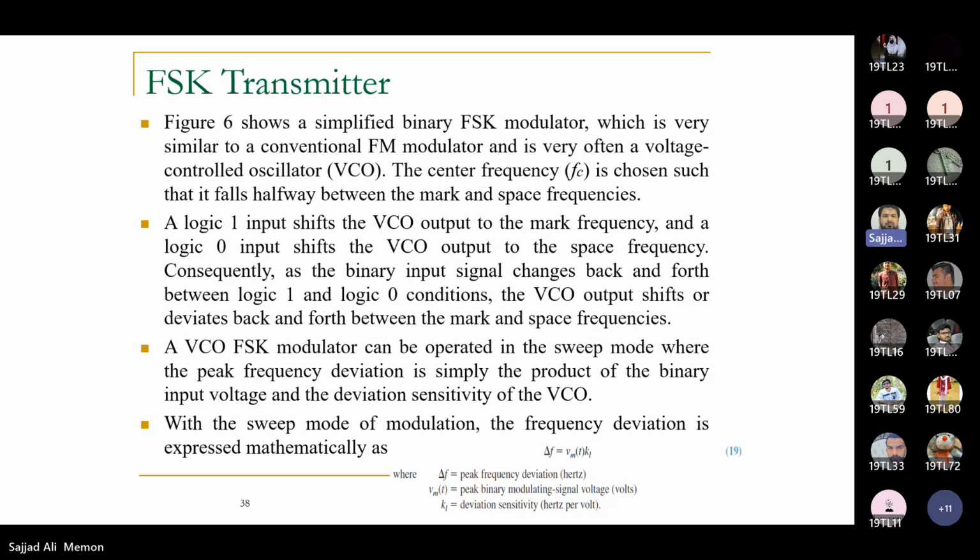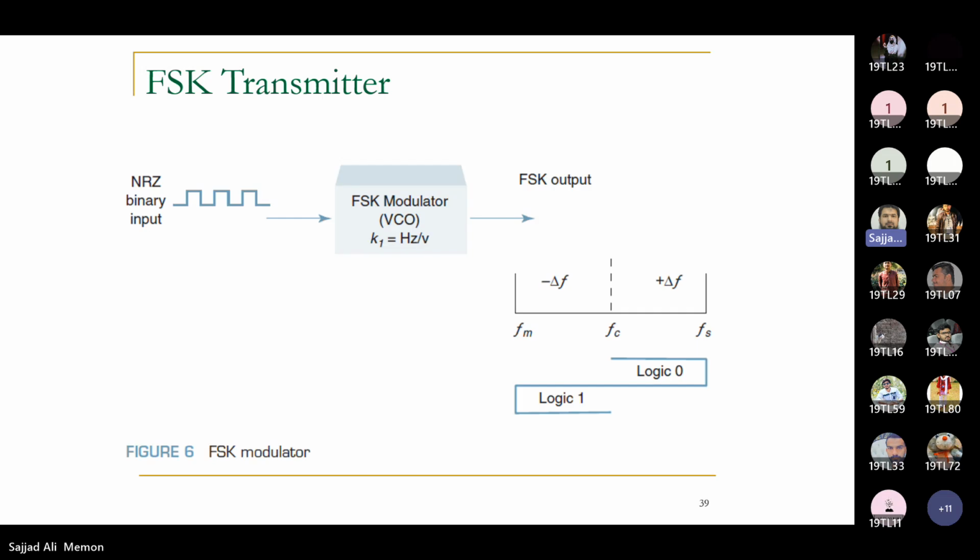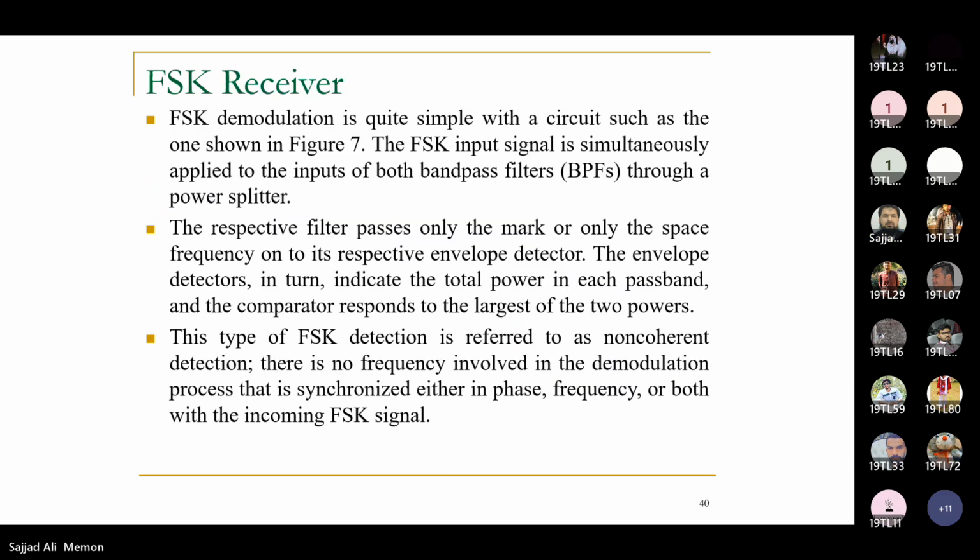A VCO FSK modulator can be operated in the sweep mode, where the peak frequency deviation is simply the product of the binary input voltage and the deviation sensitivity of the VCO. With the sweep mode of modulation, the frequency deviation is expressed mathematically as delta F is equal to V(t) times K1, where K1 is the deviation sensitivity, that is hertz per volt, and V(t) is the input binary modulating signal,